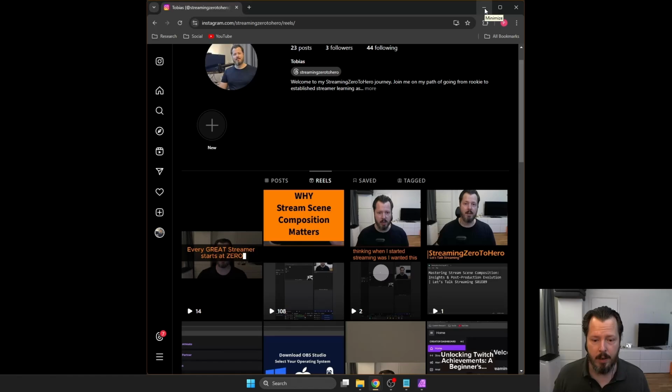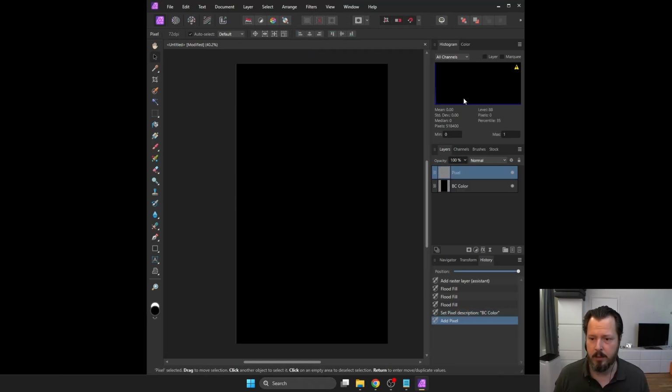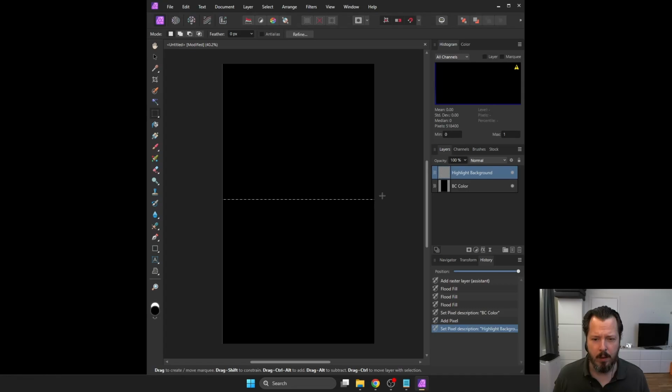And I'm just thinking, let's start first things first. Let's do another layer. Call it highlight background. I'm just thinking about how we're going to do the composition. So I don't think I want to go 50-50, but more like